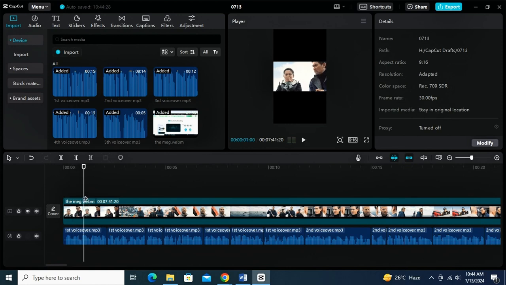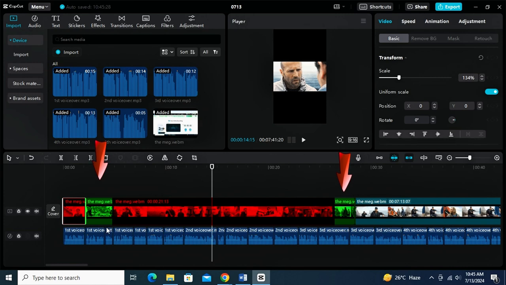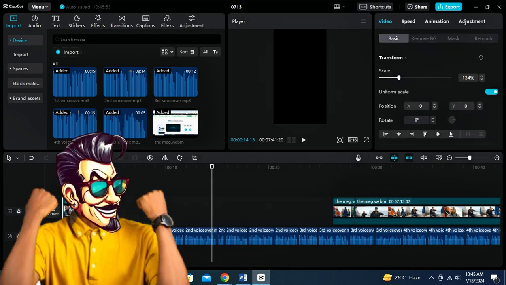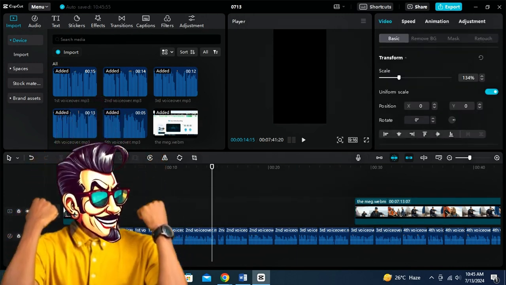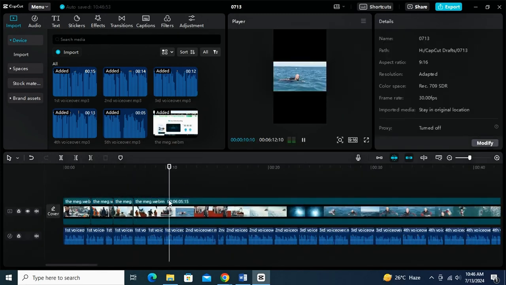Now you have to apply the 5 seconds rule. For example, if you want to take a 10-second clip from this video, then instead of keeping the complete 10 seconds head on, you can take 5 seconds from here and 5 seconds from here and delete the part from the back and front. This will break the pattern of copyright, and then your video will fall under the category of fair use. So what I meant is, instead of taking 10 seconds head on from a video, you can